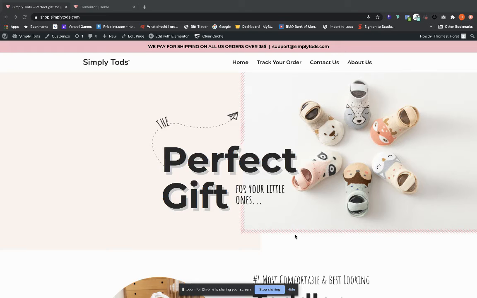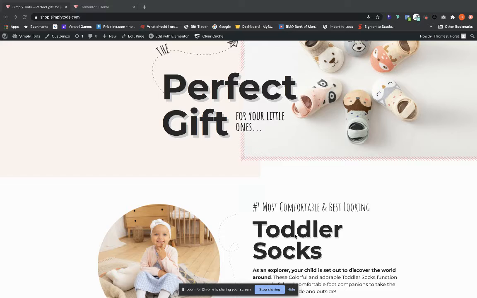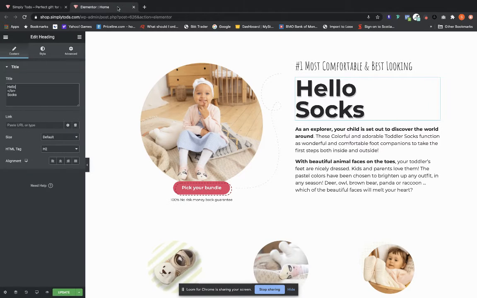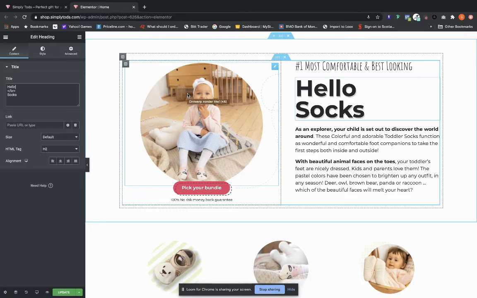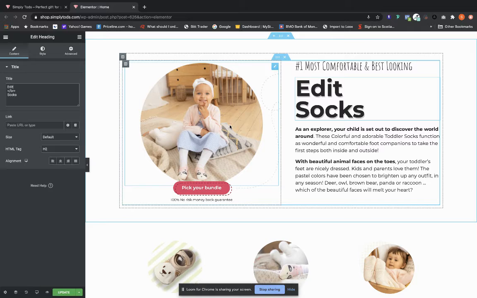Hey everyone, when you order the Elementor integration, what we do is we take your HTML landing page and we integrate it onto Elementor. And what that allows you to do is edit your entire landing page without knowing a single line of code. It's very intuitive, and even our beginner clients are able to do it. So whatever you want to edit, you just click on, and on the left-hand side is a panel for you to edit. The good thing about this is you could add sections, you could delete sections, and it's totally customizable